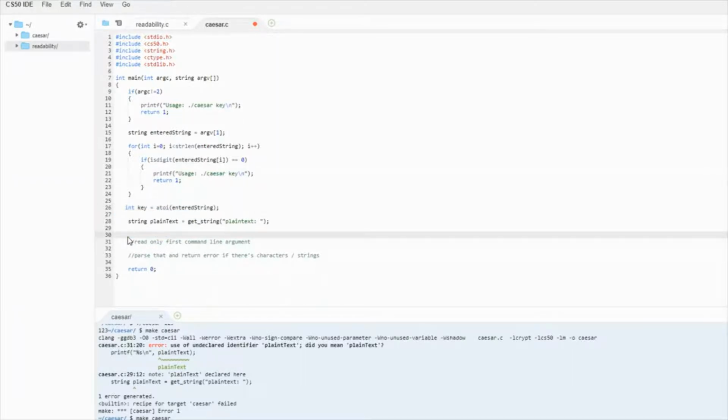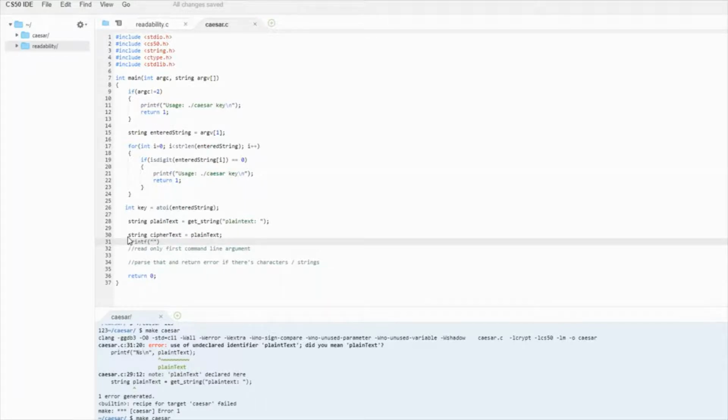So what I'm going to do is leave the variable plain text there. That way I always know if I need to go back to what they entered, I have that available. And instead, I'm just going to make a copy of that string called ciphertext, and I set that equal to plain text. So this should just take anything they enter and print it out under its new name. And then actually I can get rid of these comments because they're not needed.